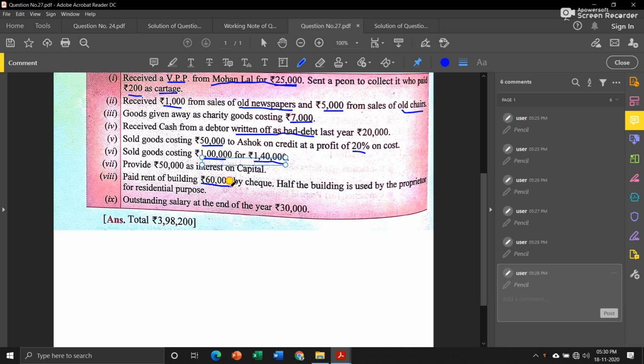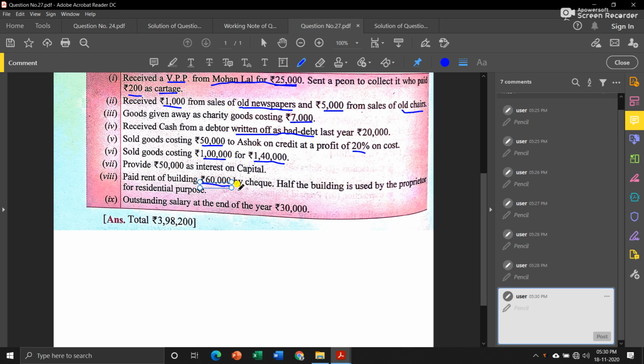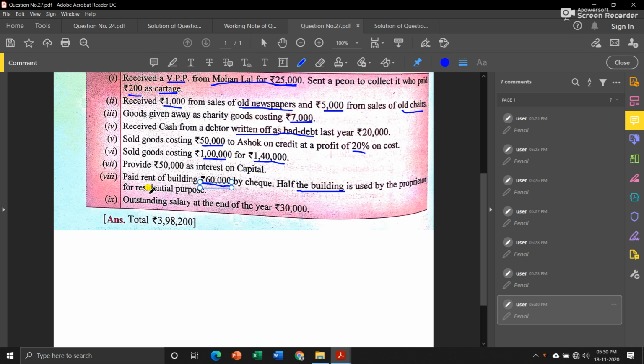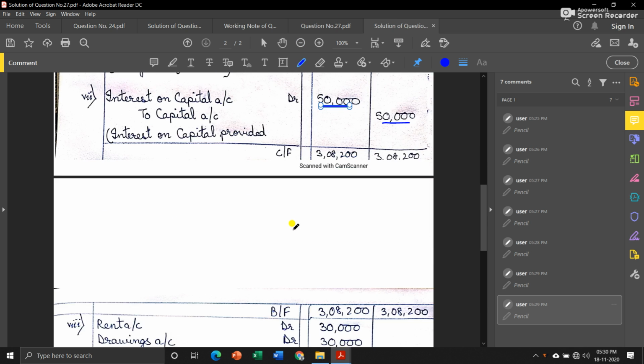Okay, then next is: paid rent of building 60,000 by cheque. Now this 60,000 is rent for the whole building, but they have also mentioned that half the building is used by the proprietor for his residential purpose. That means it is for his own personal use, not related to the business. But since we have paid the rent through cheque, this 60,000 was taken out from our bank account, so we will credit bank account